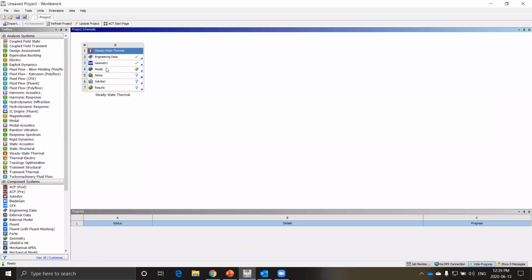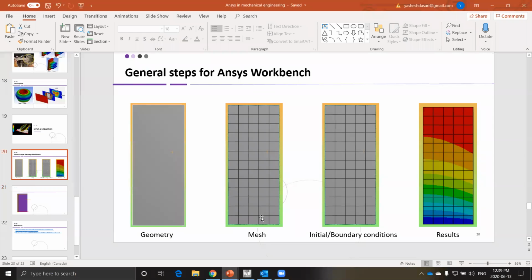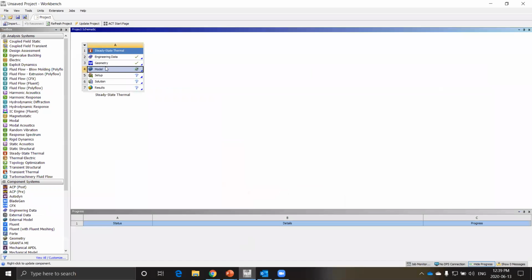Now the next step is to generate a mesh. That we do using something called Mechanical. So right click on Model, click on Edit, or you could double click. That works too.